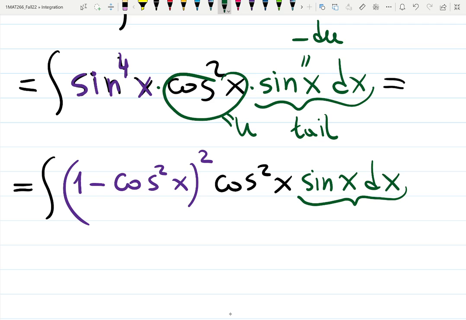Sine to the 4, yes? Yes, Formula 1. So let me say it out loud. Sine to the 4 is sine square squared. Sine square is 1 minus cosine square. So now it's 1 minus cosine square, squared. So I skipped this step just for you, letting you know. Yes? What would happen